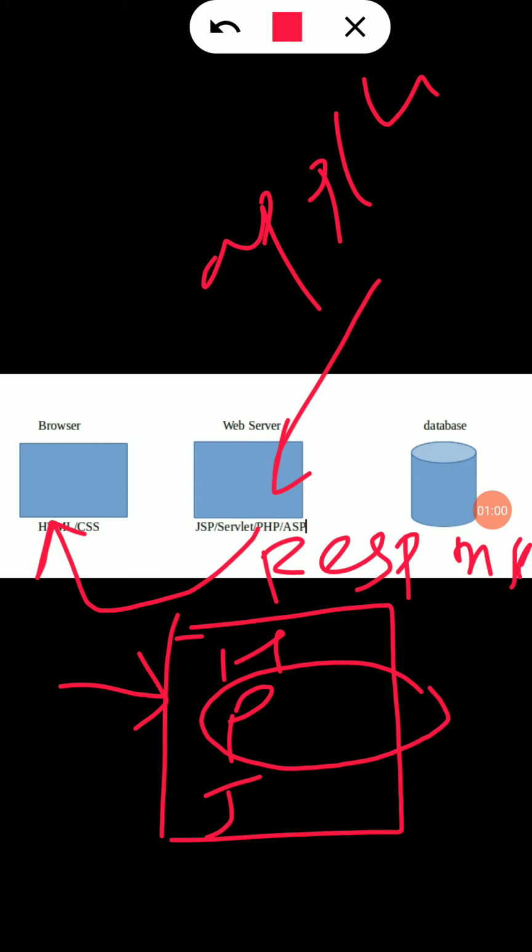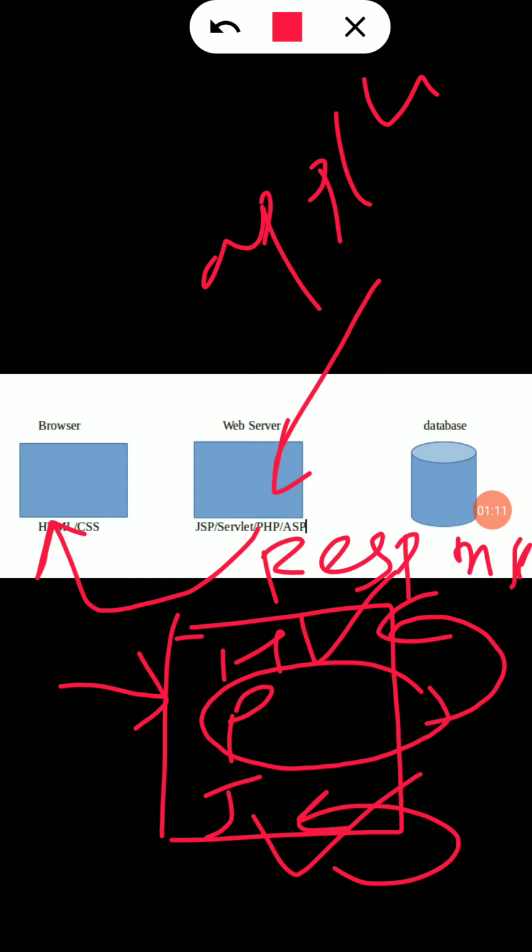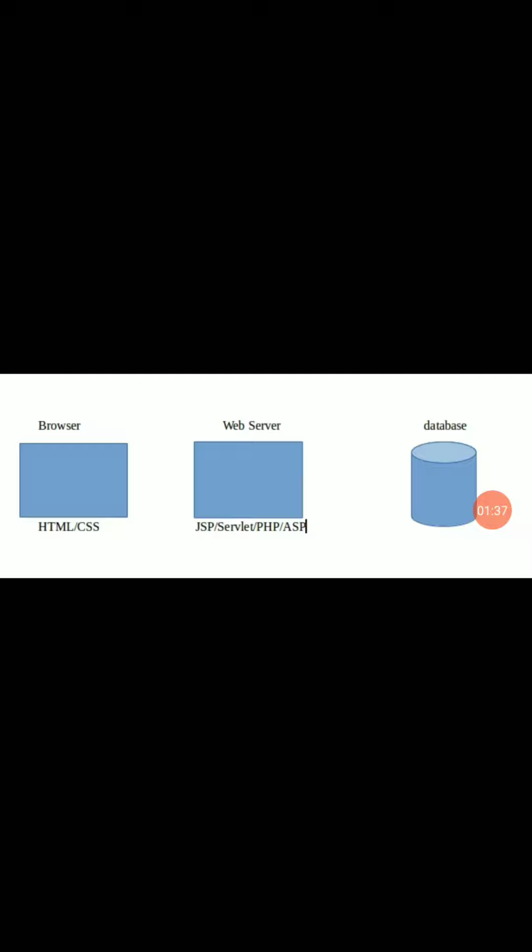After that, in that PHP file we have HTML code and JavaScript code. Whatever output the PHP generates is passed into the HTML file and JavaScript file. The HTML code, JavaScript code, or CSS is a client side programming. So we store the output in the HTML, JavaScript, or CSS, and in that way we create the response and pass it to the browser. I hope you got exactly what PHP is and how it works.